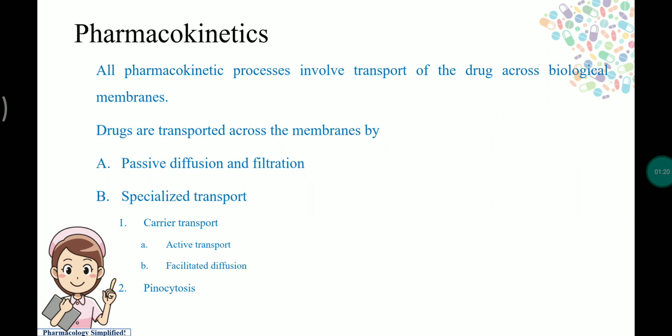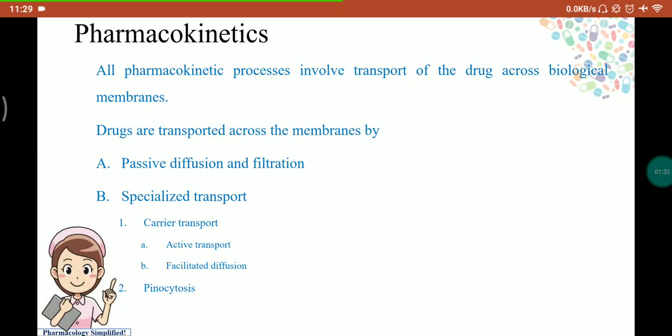What is involved in drug absorption? In the pharmacokinetic process, the drug enters the body, by administration. Once the drug is administered, it is absorbed. After absorption, it enters the bloodstream. From there, it is distributed to various parts of the body, reaches the site of action, is metabolized and then excreted. All these things we are going to study in this pharmacokinetics topic.